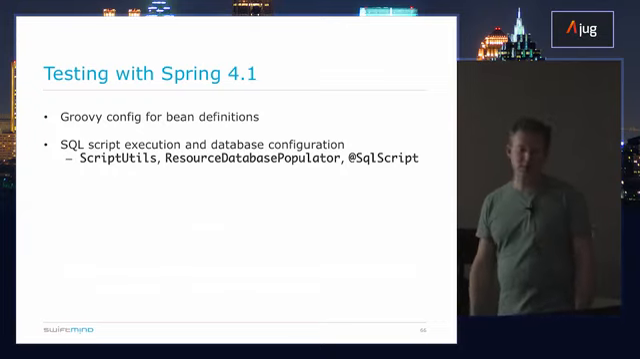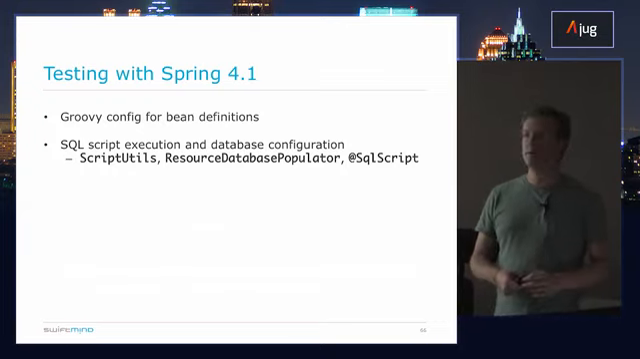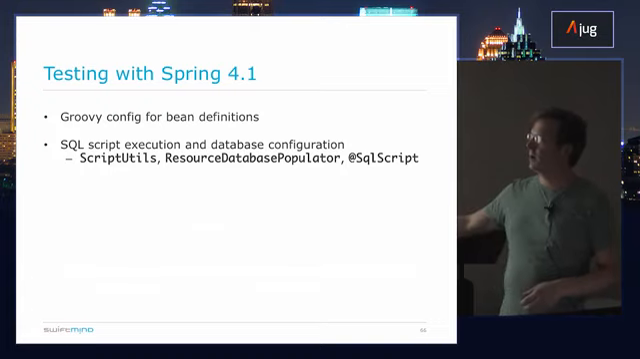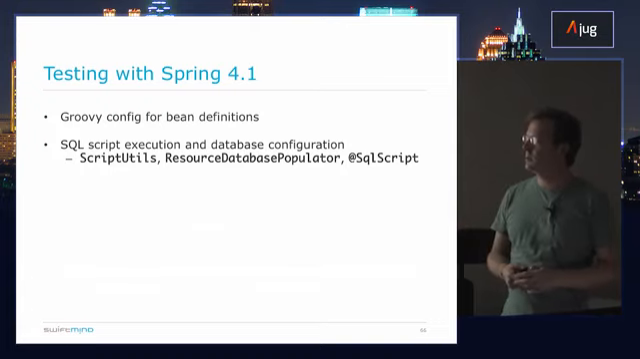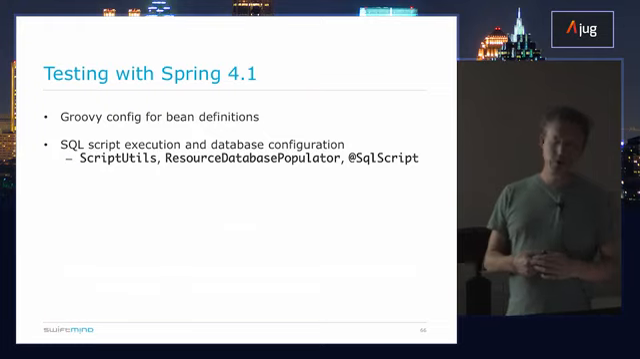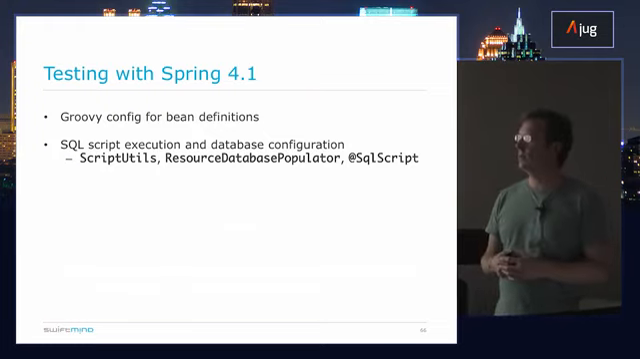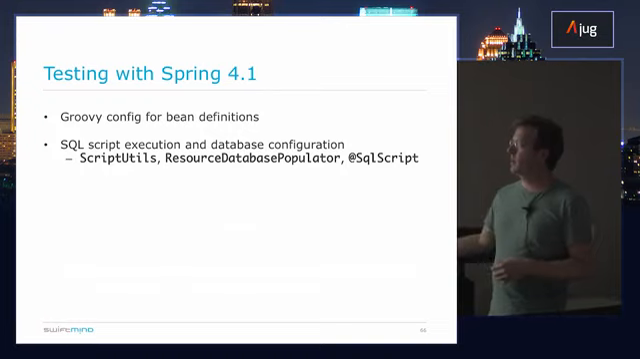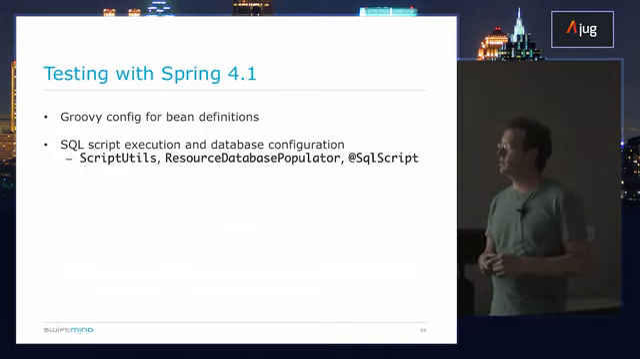So here we go, SQL script execution and database configuration. Like I said, we've had this for a while. We just implemented script utils, I think, in 4.0.3. So we consolidated some of the code we had there before in core JDBC and in the testing framework. And now we've enhanced resource database populator with some more options there. So if you've been using that, you might want to check it out and see some of the new settings